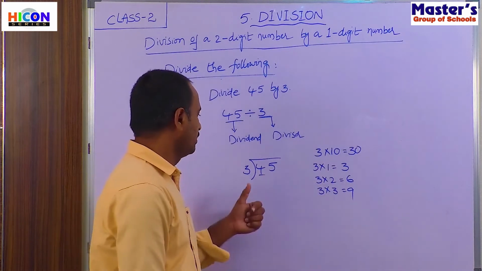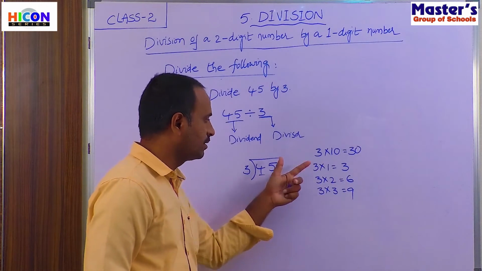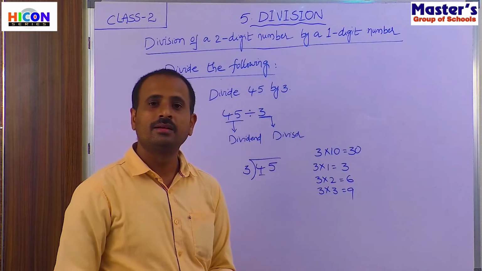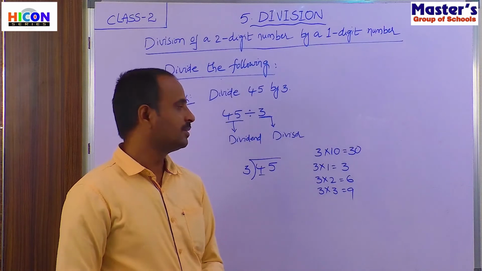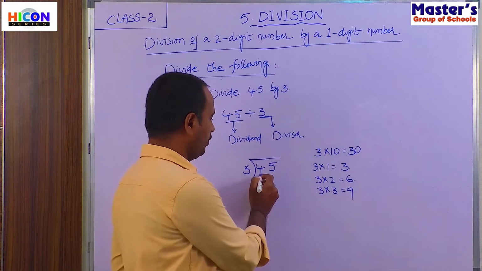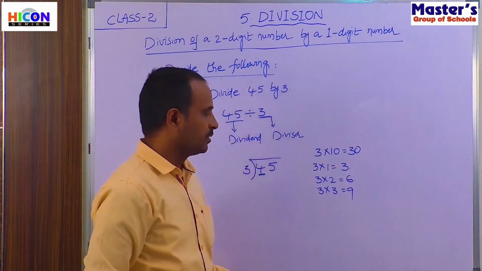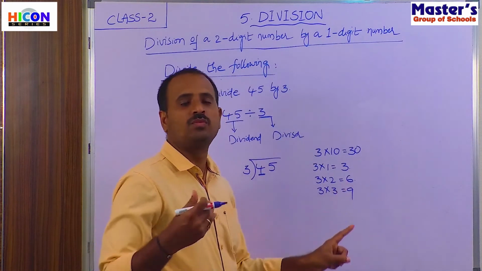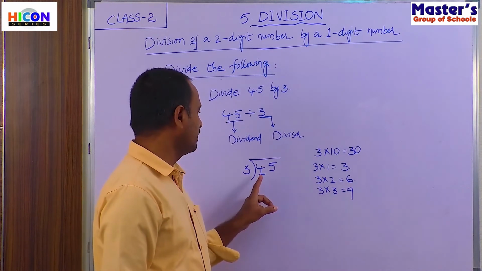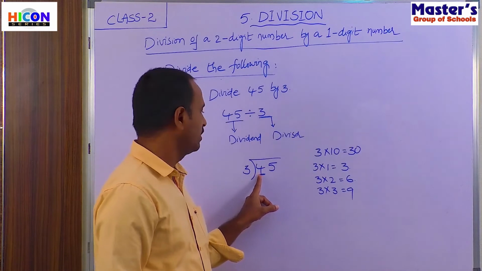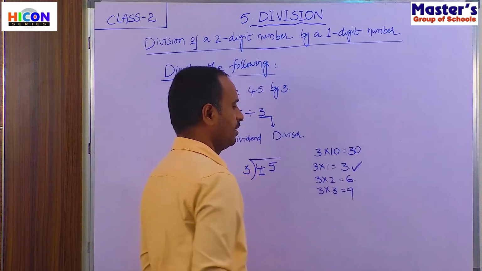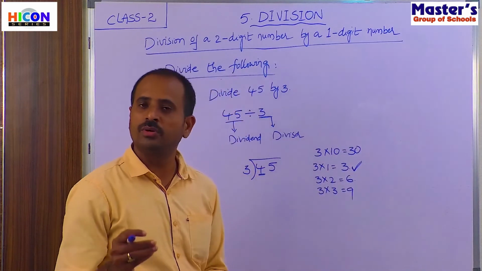So if you did not get the number in the third table, then take the least number. So here, what are the numbers, 3 and 6? But here we have 4. So children, if you take 6, it becomes more. So take less times, that is, take the lesser number. So what is the number less than 4 here? The number less than 4 is 3. So take 3. So take 1 time. So children, do you understand?